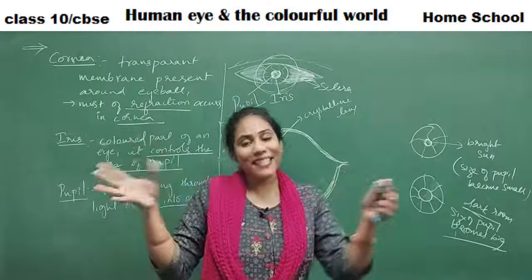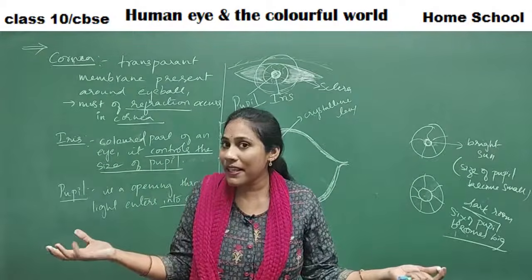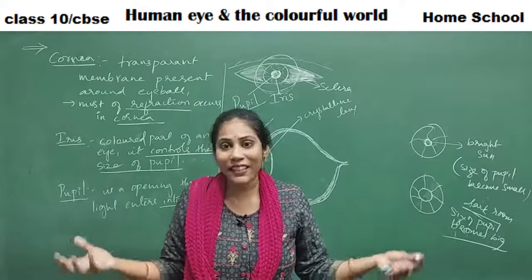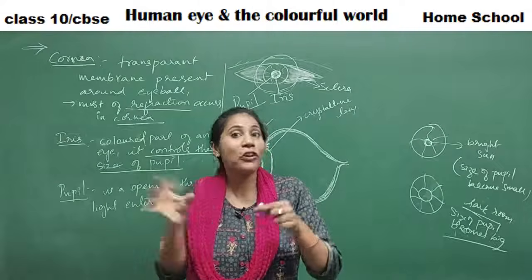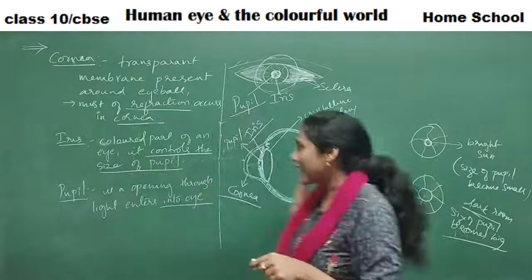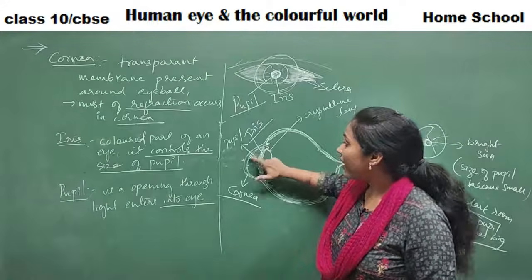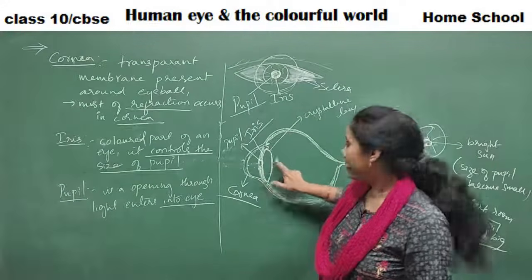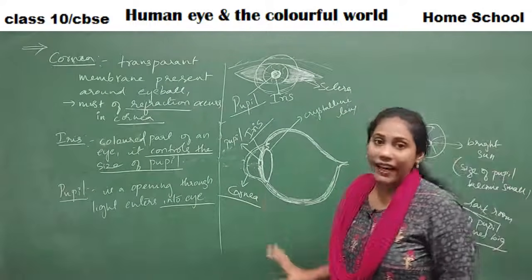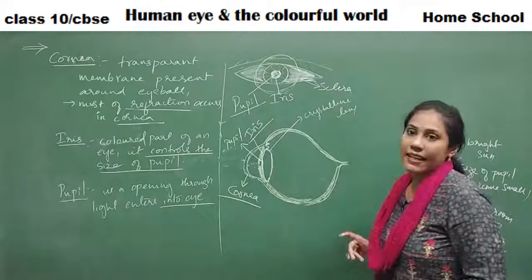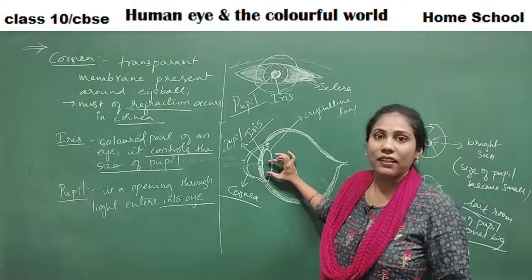Whenever light rays converge after refraction, image formation takes place, isn't it? That is what we have studied in our previous chapter. For the converging purpose, our eyes have been designed in such a way that they have a convex lens. Even our cornea is in the shape of a convex lens, and we have a convex lens inside the eye, which we call the crystalline lens. So here the next part of the refraction occurs.